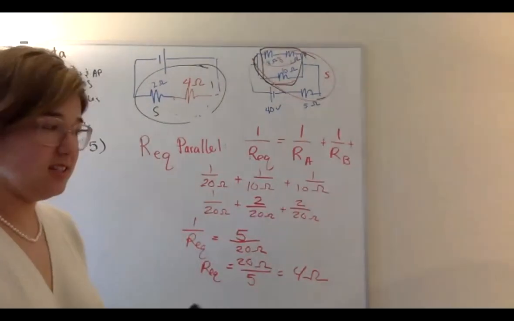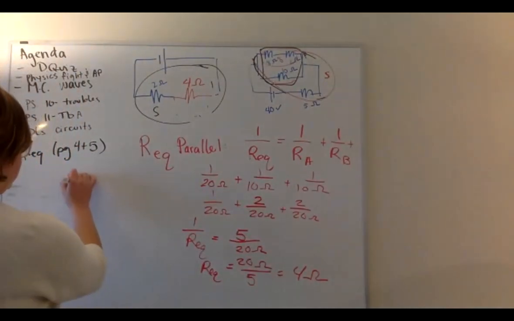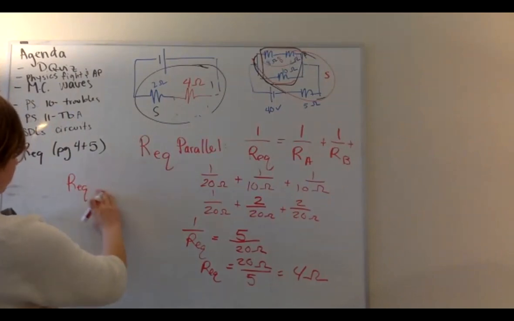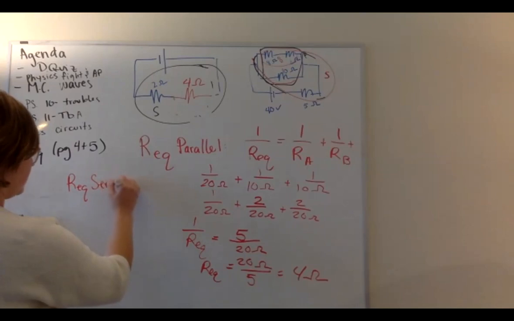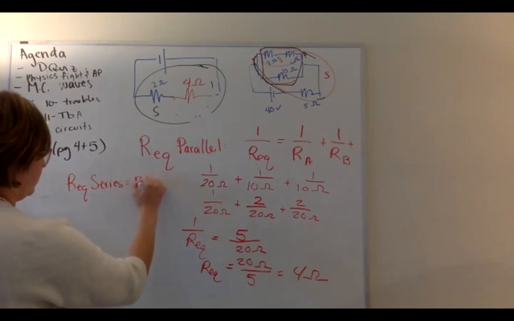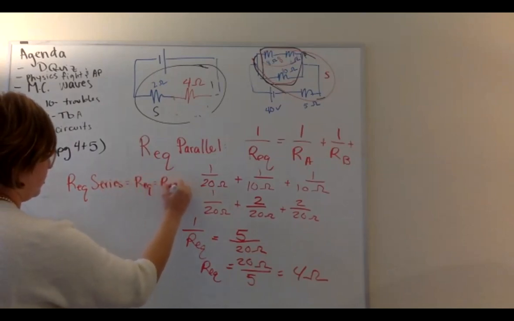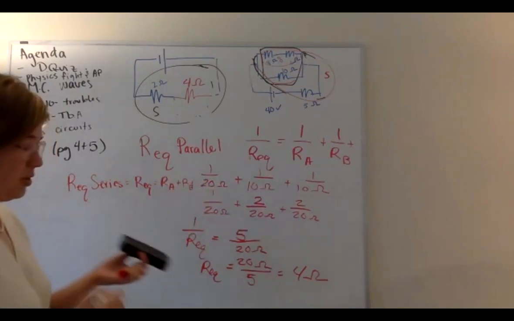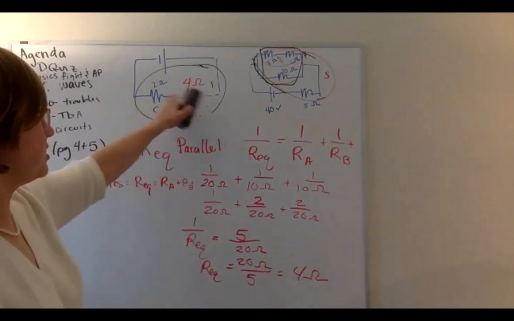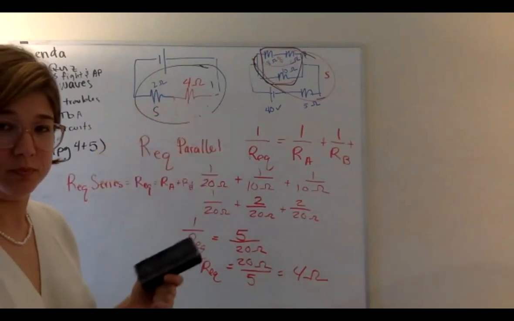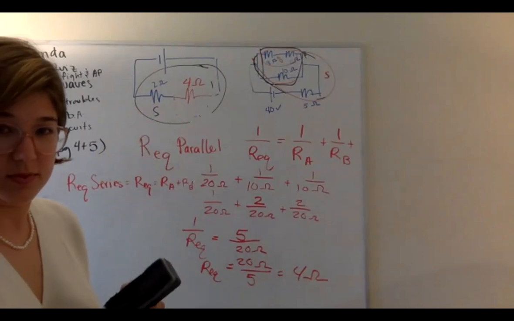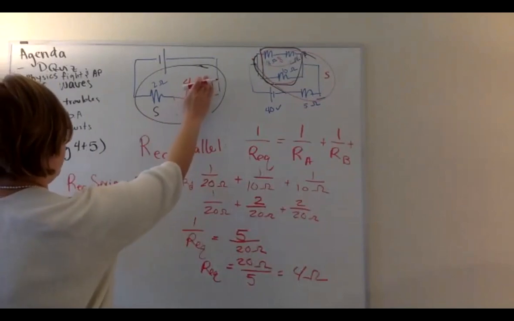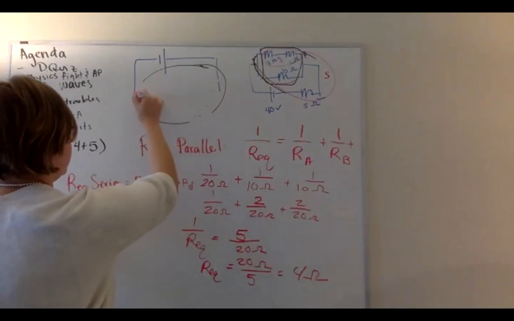And then for series, you just add them, which is nice. So my total resistance is going to be what? 6. Yeah, it's just going to be 6, 2 plus 4. So this whole thing gets replaced by,